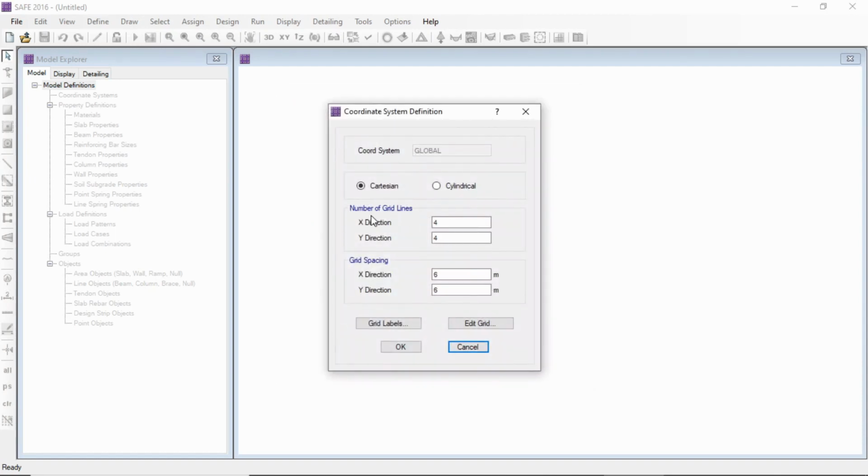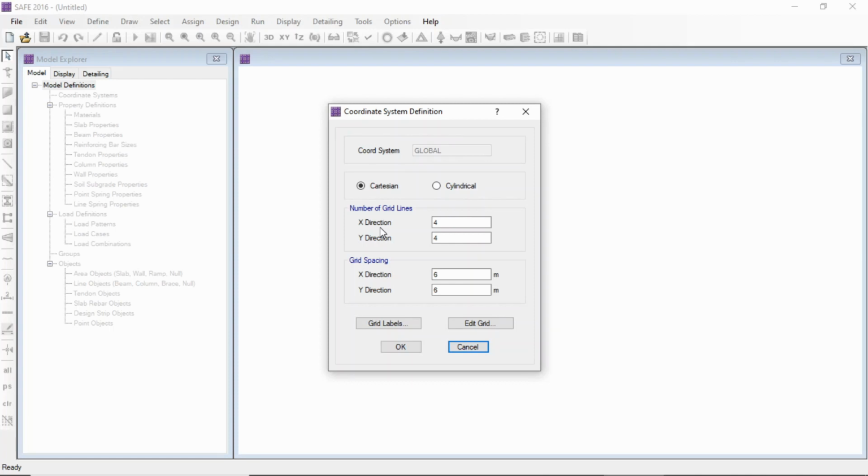Here you can see the number of grid lines, grid spacing have been shown. So we will first draw the slab of the building plan. Then we will extend equally on all the sides to make the footing, as I showed you earlier. The building slab is of 18 into 18 meter dimensions. We will draw the building slab of 18 into 18 meter dimension with the grid and then extend it for the mat foundation slab, which is 22 into 22 meter.